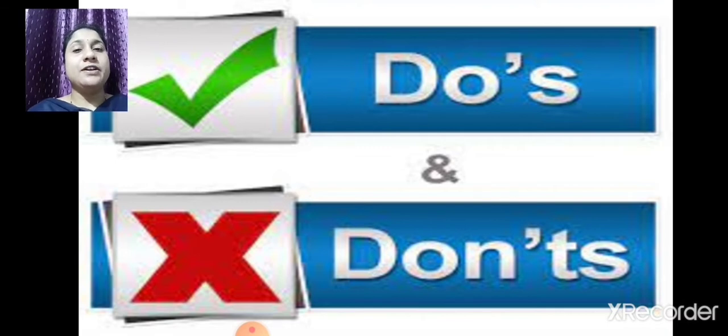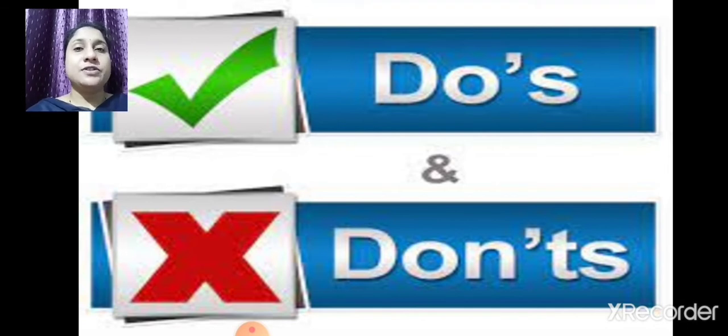And in don'ts we have learned that we should not push the computers. Then we should not make the computer room dirty. We don't eat or drink near our computer, and don't touch the wires and cables. Then we also learned that we don't click the mouse button continuously, and don't snatch the mouse or keyboard from our friends or classmates while we are sharing the computer. So all this we have learned in do's and don'ts.